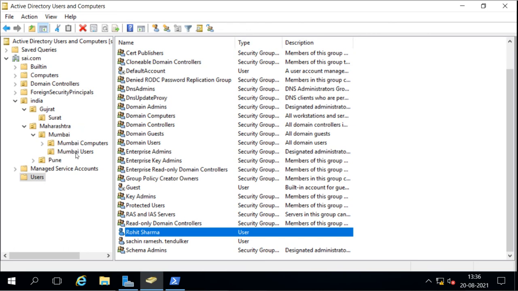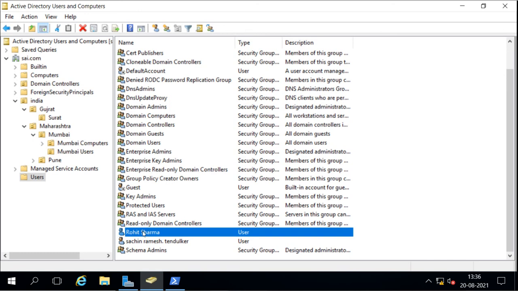Remember, these are normal users and they are not able to log into the domain controller. They can do it from the remote machine. They can log into the client machine, install the remote administration tool, and then from that tool manage the OU, because we have given the permission.